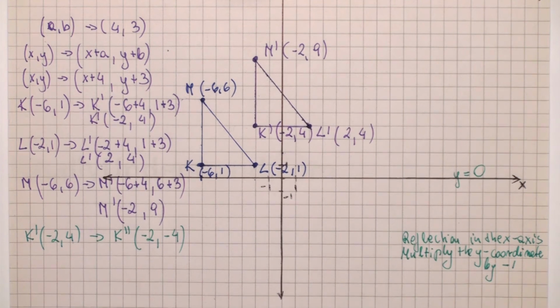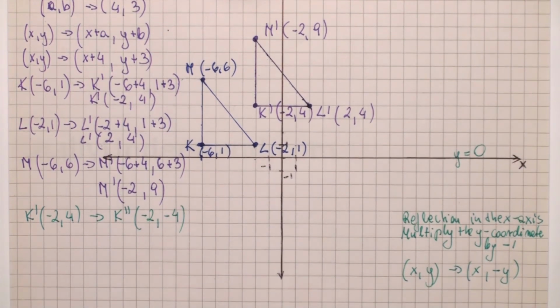The x coordinate stays the same. So when we have point x, y, after reflection in the x-axis, the first coordinate stays the same, and y will now be -y. Y times -1 is -y. So we have point K